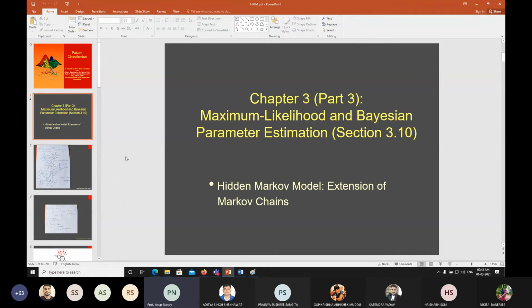If you know the concept of finite state machines, or the sequential machine, from the concept of the finite state machine this hidden Markov model concept came up. It is actually used as a prediction tool, for example in weather forecasting, rainfall prediction, or any other prediction where you can apply it. So you can use the hidden Markov model.